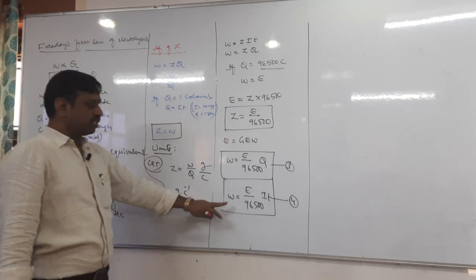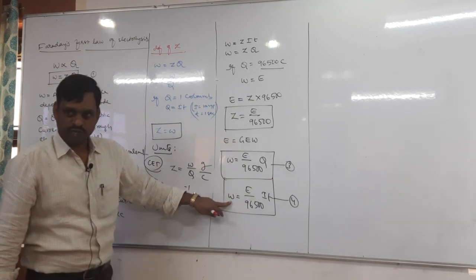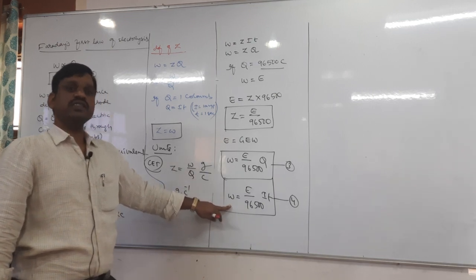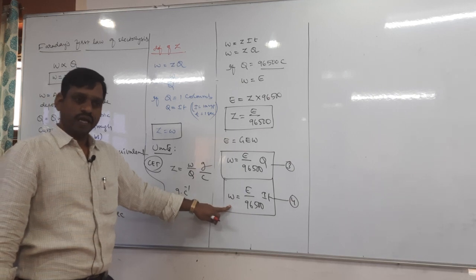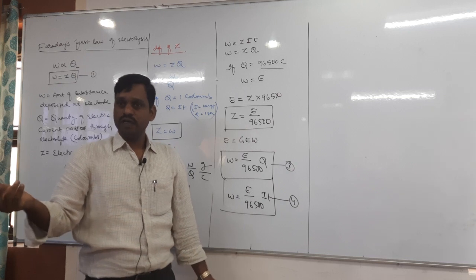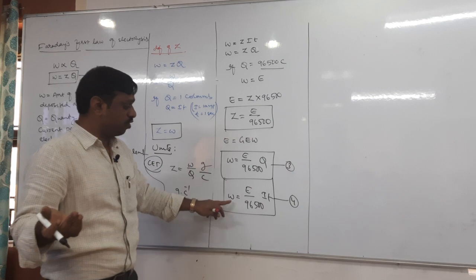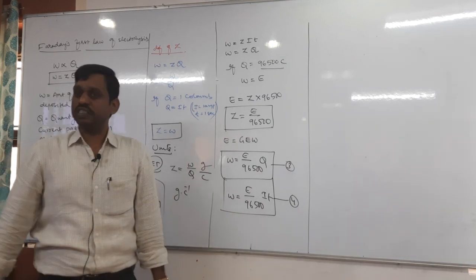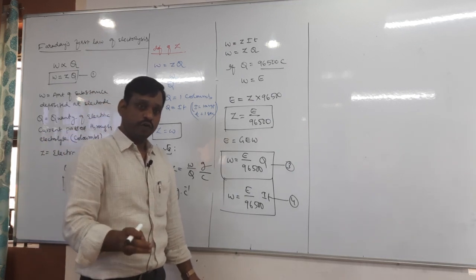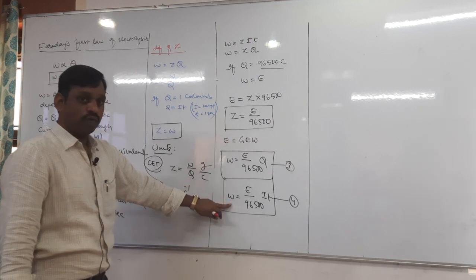Next. Now this is W, where W equals the weight of the substance deposited or liberated. Suppose a gas is liberated, sometimes in the electrolysis process gas may be liberated, for example hydrogen, oxygen, chlorine. When the gas is liberated, instead of calculating weight, calculating volume becomes easy. That means volume is more preferable for gases. Therefore, now I want to calculate volume. So instead of this W, I want to take volume.